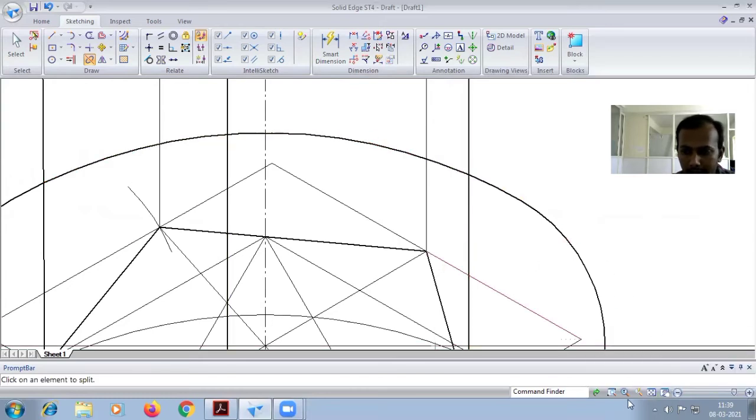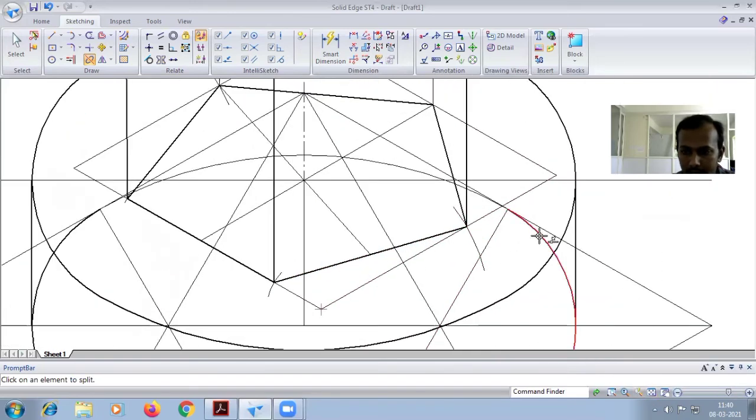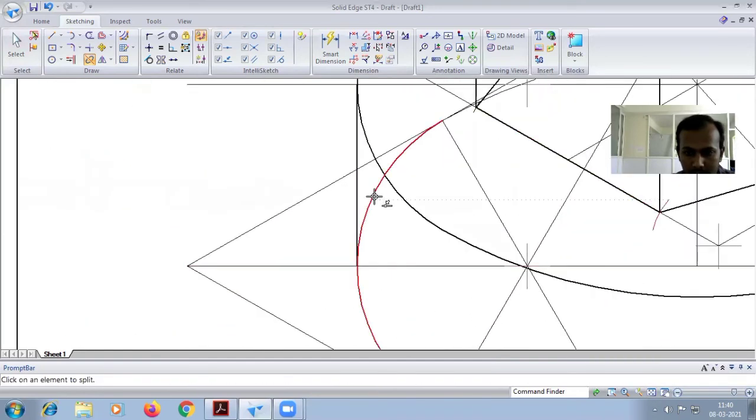This line is separated. So now you can go for this line here. Select this one up to the end point. Yes, the end of this one, click it. Here also select the line first, then the end of this point, click it.